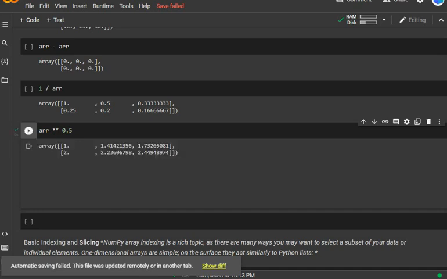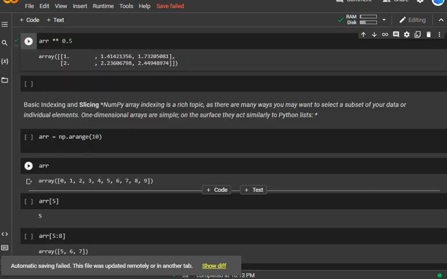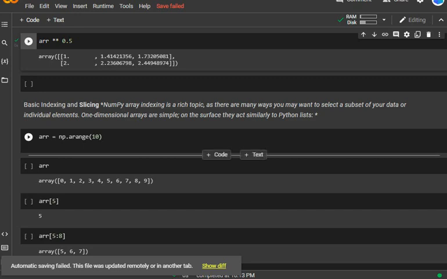After that, basic indexing and slicing. NumPy array indexing is a rich topic, with many ways you may want to select a subset of data or individual elements. For 10 numeric arrays, we can represent it as np.arange. It automatically starts from the 0th position and goes till the 9th position.